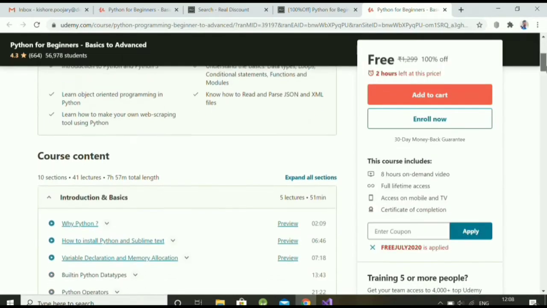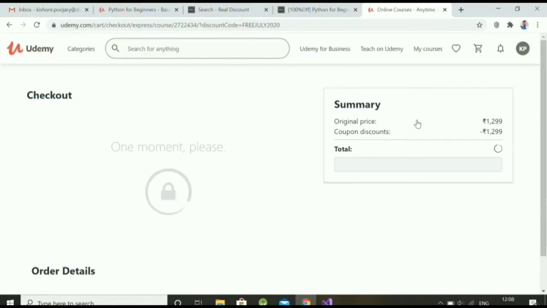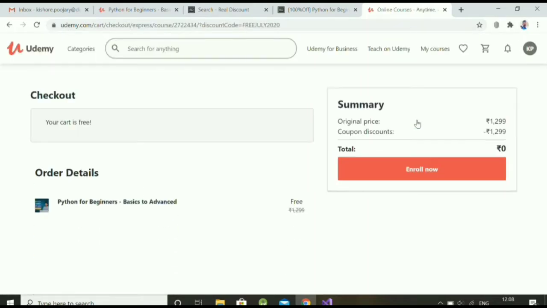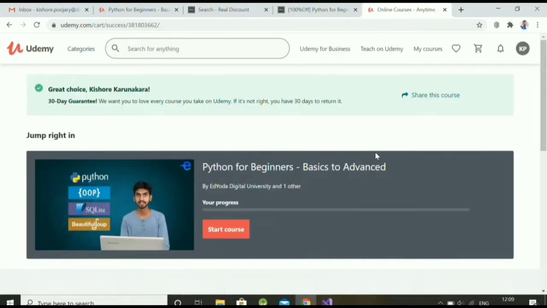Now you can enroll in this course. You can see a coupon is applied. This coupon is valid for 2 hours. Now I will enroll in the course. See, enrolling for 0 rupees. I am not investing anything. Yes, now we can start the course.